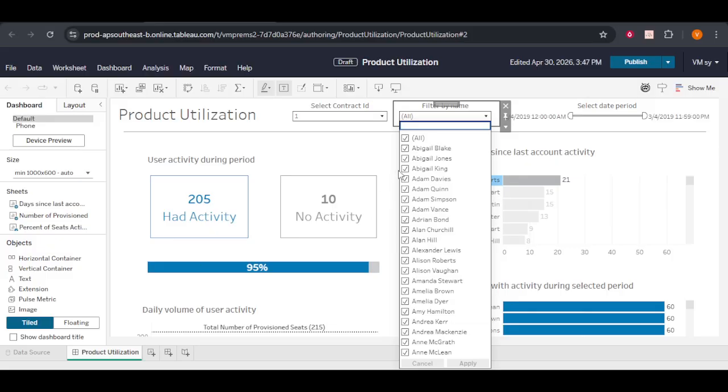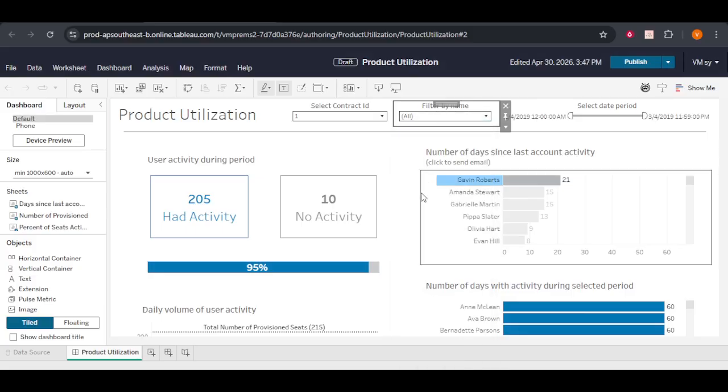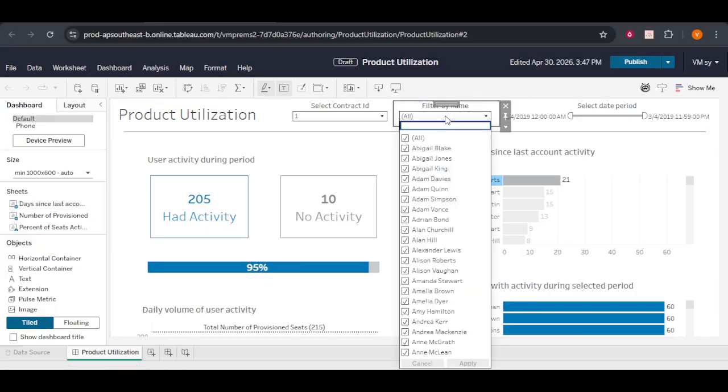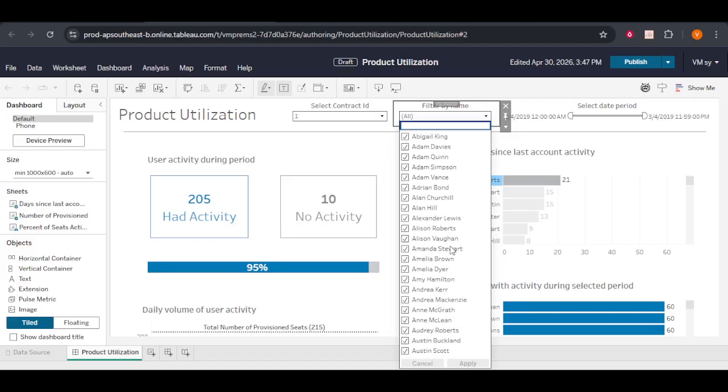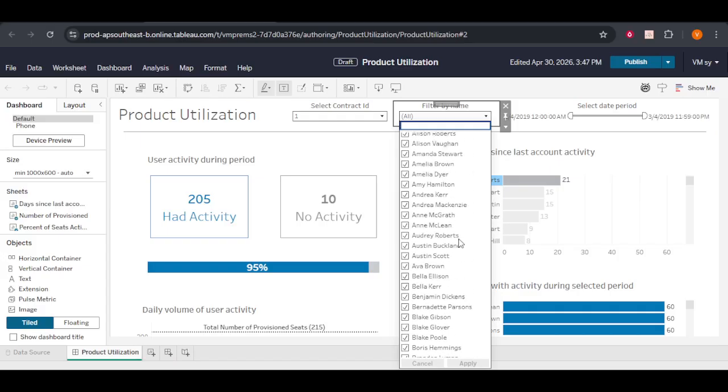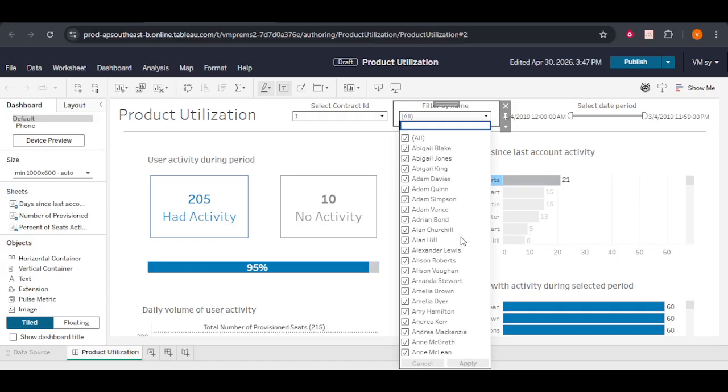After you've placed your chosen field onto the filter shelf, the next step is to right-click on it. This action will bring up a context menu with various options related to the field. Among these options, select Show Filter. Doing so will add a filter control to your visualization. You'll notice this control appearing on the right side of your view. This is essentially where the magic happens, as it enables users to interact with the data and make selections from